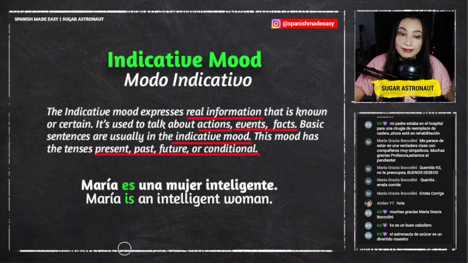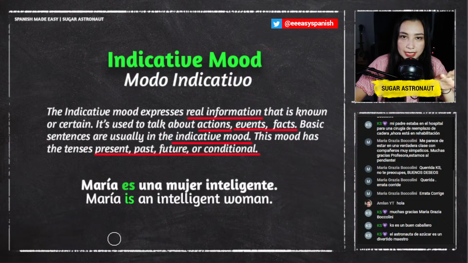So pay attention, because at the end we're going to have a quick test. I'm going to have some sentences, and you're going to tell me which mood they're in, okay? You don't need to say it's indicative, it's the other ones that we're going to learn, so you've got to guess the mood. Okay, so